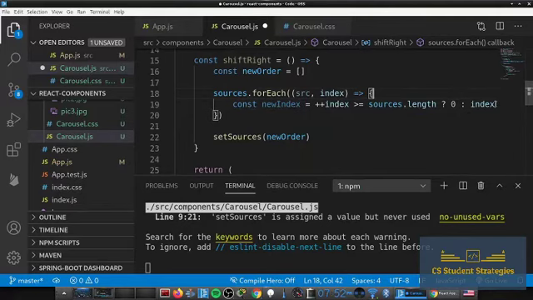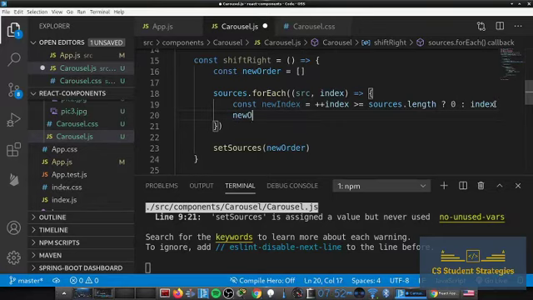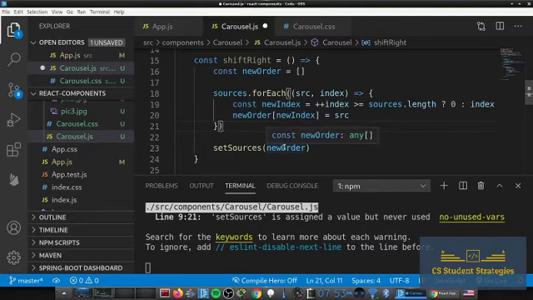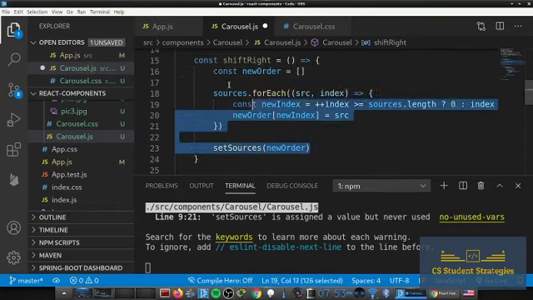All right, so now that we have that, we can go ahead and set the new order at new index to source. All right, so that's going to effectively move it over 1. All right, so now that we have that, this should be done, because now we're populating the new index, then we return, then we set our sources to it. So this should work. Let's go ahead and do the shift left, which is going to be almost identical to